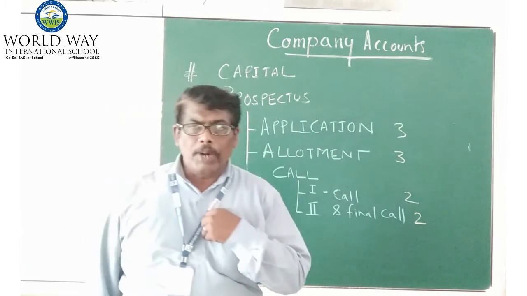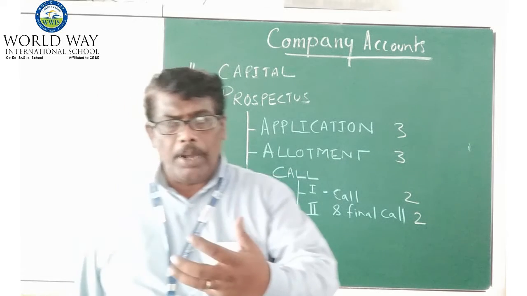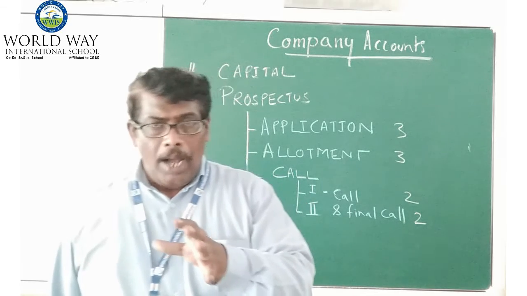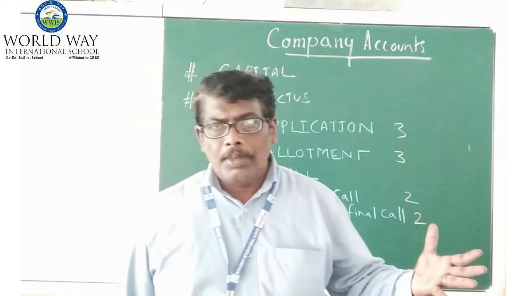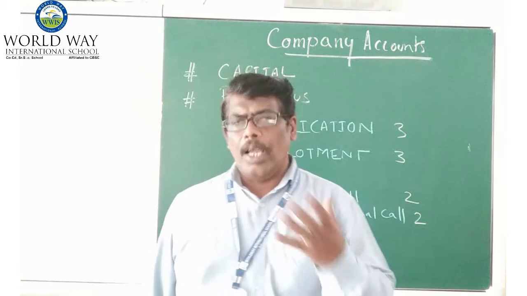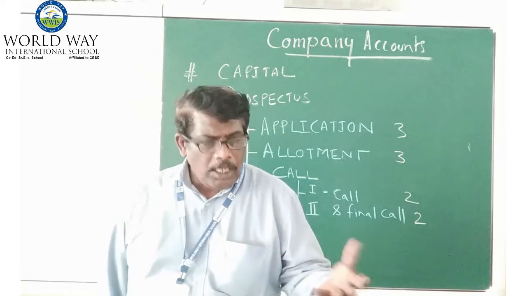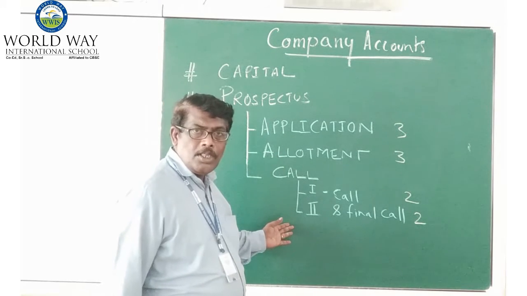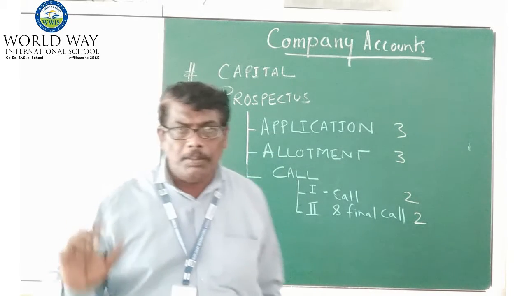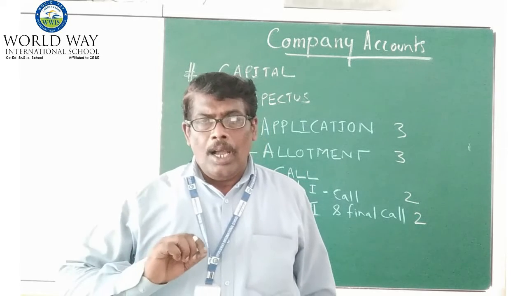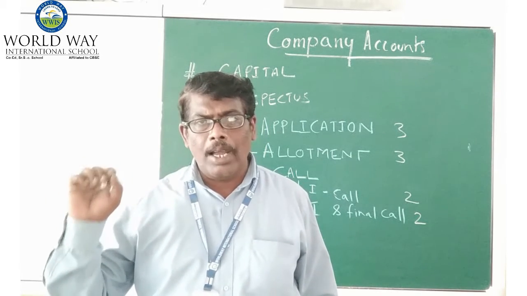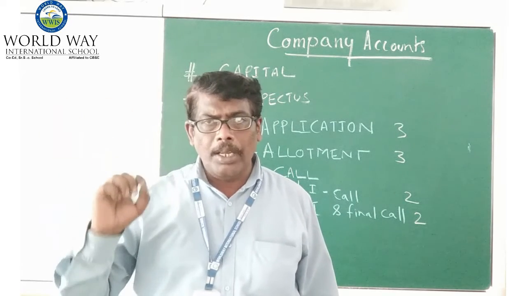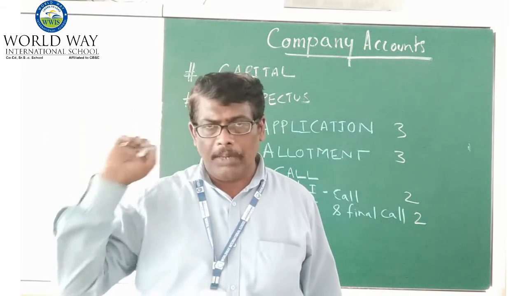So if I want to buy a share of a company, I have to pay 10 rupees per share, but I can also pay in lump sum. But if I decide to pay on an installment basis, I have to follow these steps. First I have to fill the form, stating how many shares I need. Then I have to send that filled form to the company along with the DD, cheque, whatever it may be.